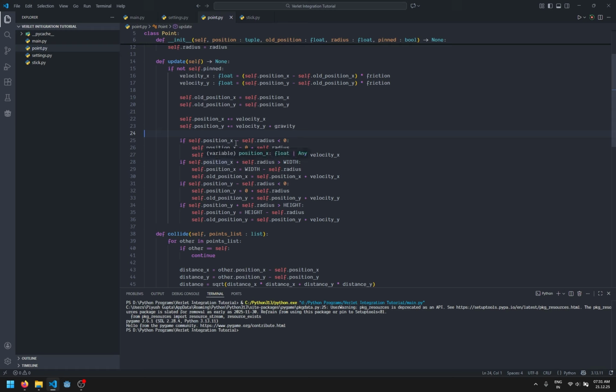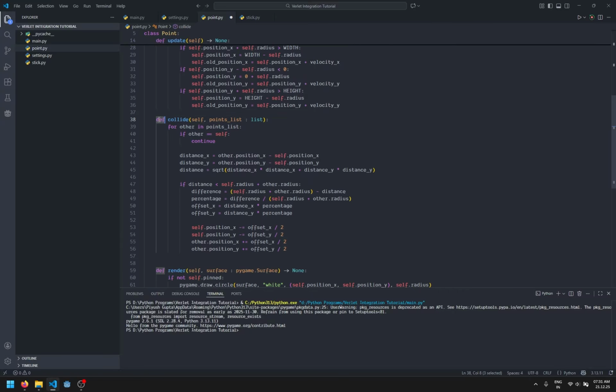And same with here. So if it's less than 0, I'm subtracting the radius and checking it. If it's more than the width or the height, I'm adding the radius and checking it. Same with the y. So this gives us the nice collisions. Then I implemented a collide